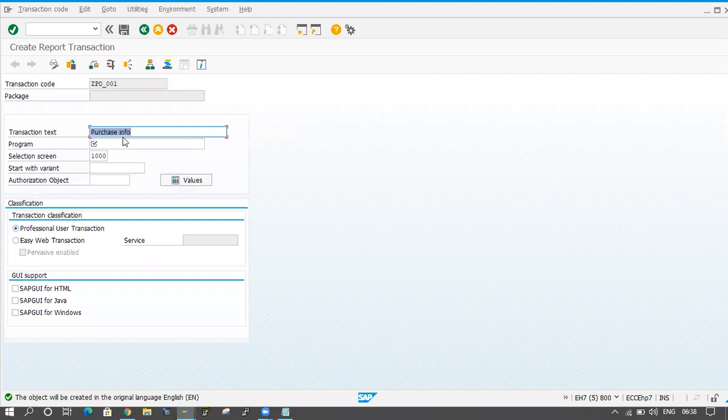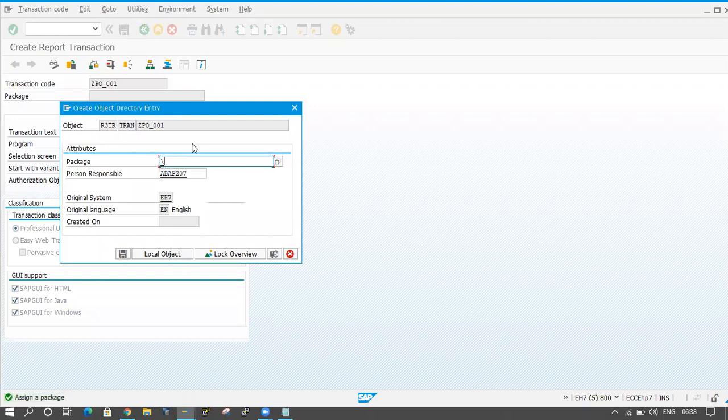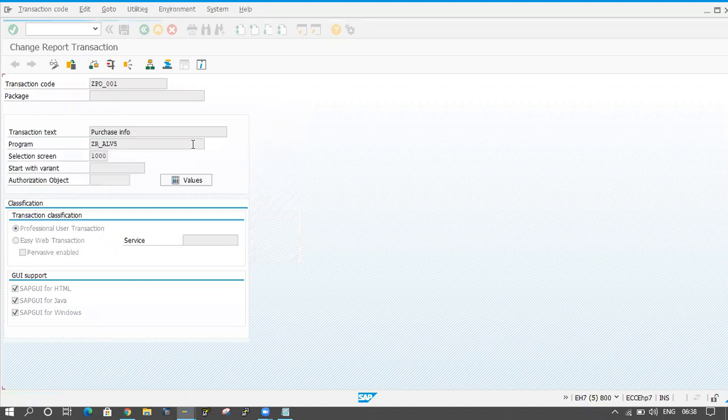The program name I am copying and pasting here is JDR_ALV5. Here the last checkboxes are coming. I am selecting the last three checkboxes and clicking on the save button. I will give the package here and save it. There is no activation for this one, only save. If you want, you can check here, but activate is not available.